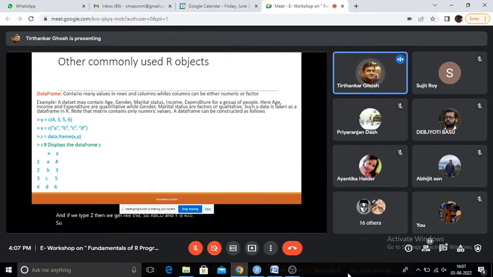Don't get confused with cbind with vectors. It is not cbind with vectors; it will not return the data frame. In the case of cbind output also, you may get results like this, but those things are different.